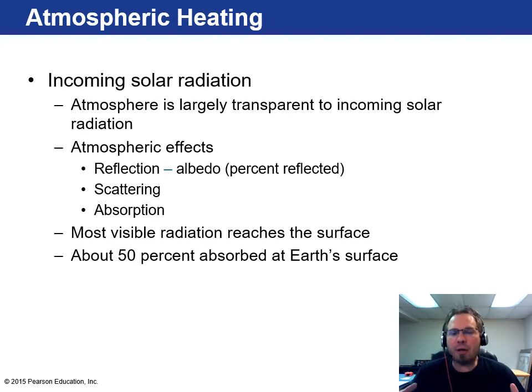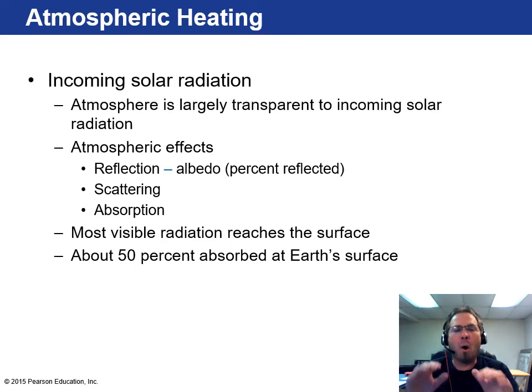When radiation comes off from the sun and is coming towards Earth, the atmosphere is pretty much transparent to it, meaning it can go right through a lot of it. Now, when it does that, it has some options. It can be reflected, or what we call albedo, which I'll mention in a bit. It can scatter because of things in the atmosphere. Or absorption, like the ozone layer, which helps absorb UV light.